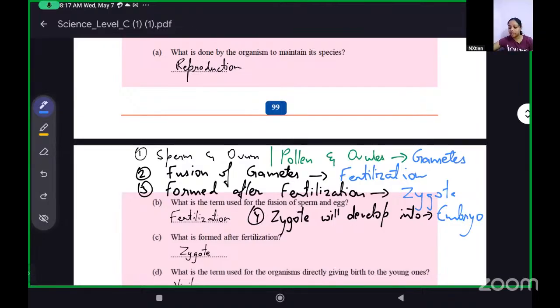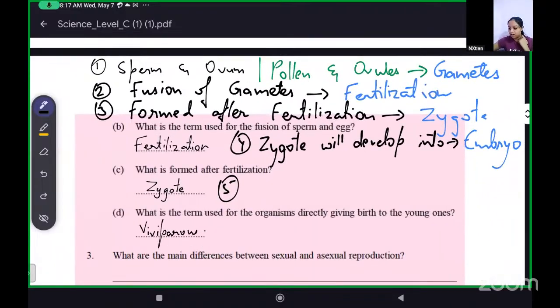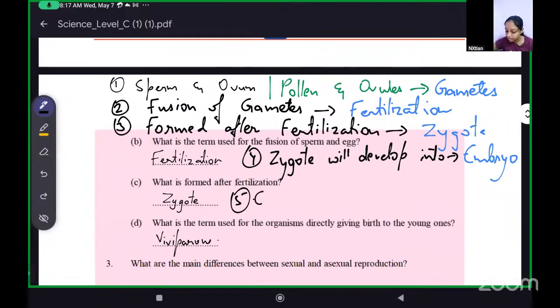Okay. Then in animals, this is not for plants, the fifth part is for animals. The embryo will develop into